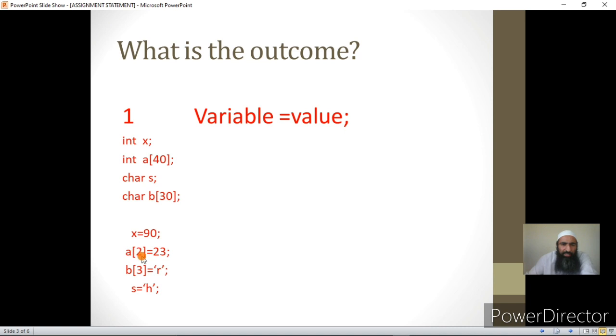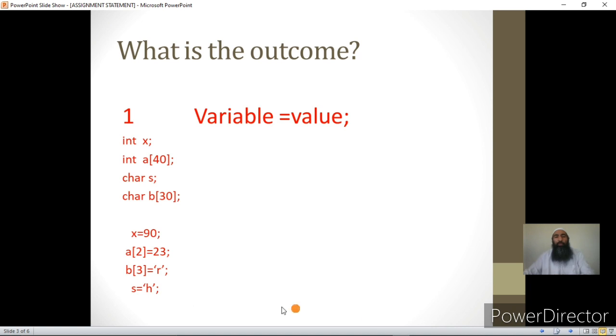Now if I say a of 2 is equal to 23, that is also possible, because a of 2 is actually the third element of this array, and the third element is actually a variable, so it is variable equal to value. Then I can say b of 3, the fourth element of the character array, and assign a constant to it. Similarly, if I have a character variable s, I can assign a constant to it.